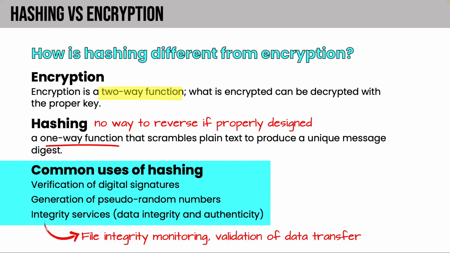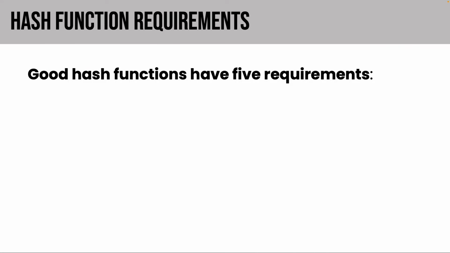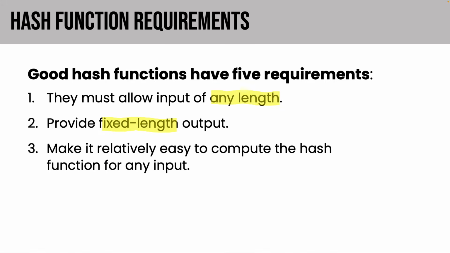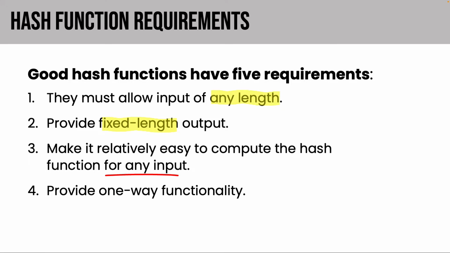after transmission. So a good hash function has 5 requirements. It has to allow input of any length. It has to provide fixed length output. It needs to make it relatively easy to compute the hash function for any input. It needs to be quick, in other words. And it needs to provide that one-way functionality. It can't be reversed. And it must be collision-free, meaning that every unique input must always produce a unique hash